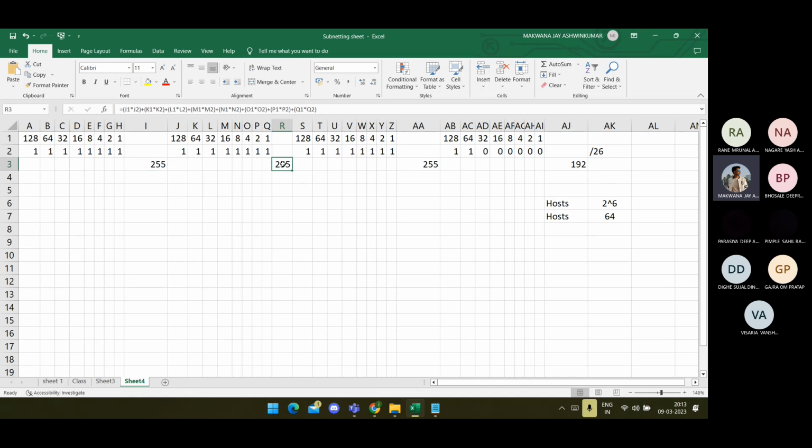If we turn on these 2 bits, then the value of the octet will be 192, right? This is how the subnet mask is changing, and this is the number of hosts, that is 2 raised to 6. Why is it 2 raised to 6? Because there are only 6 bits remaining for host. All these turned-on bits are reserved for network bits, right? So if I change this as 0,